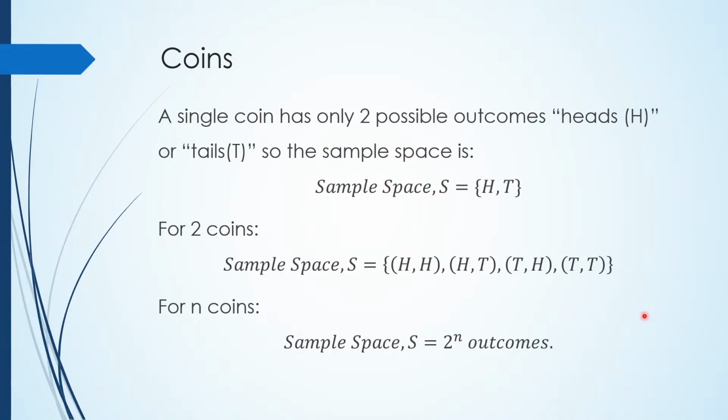And let's see how the sample space expands when we increase the number of coins, right? So a single coin has only two possible outcomes. We have a heads and a tails. So the sample space is just going to be heads, tails. When it comes to two coins, the sample space increases, and now we have every possible combination of those two